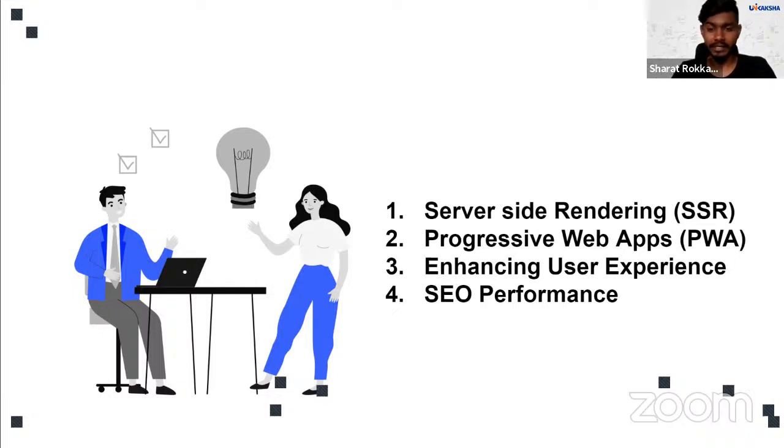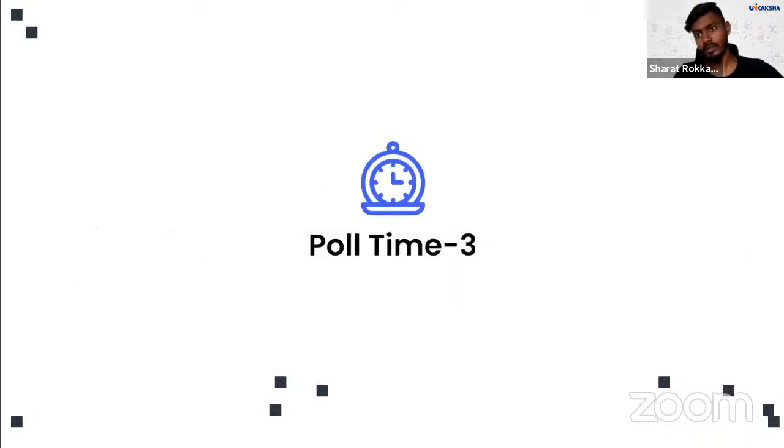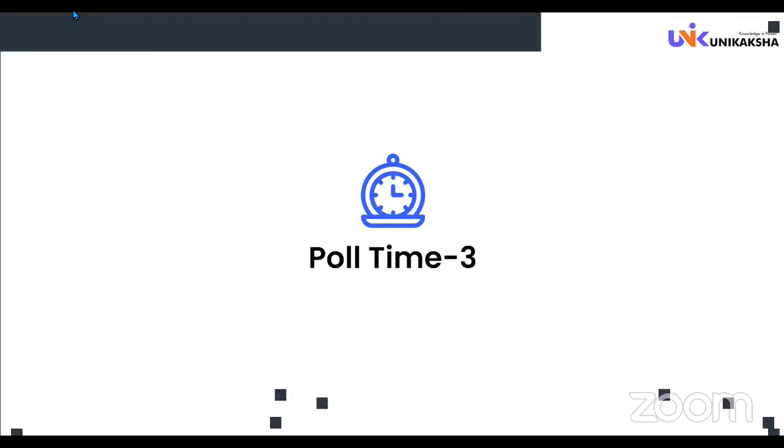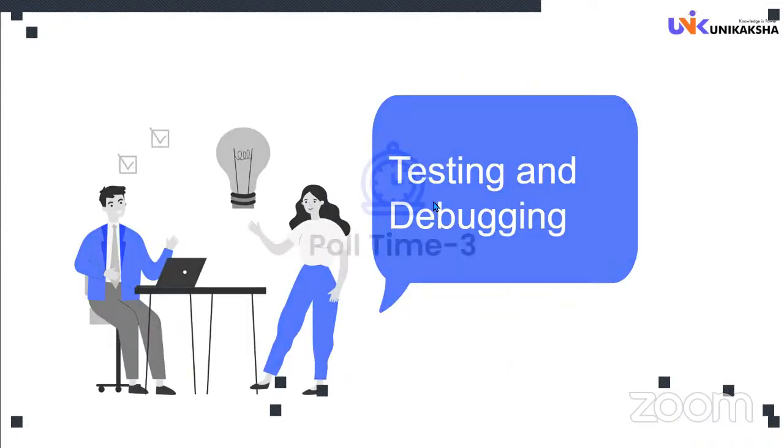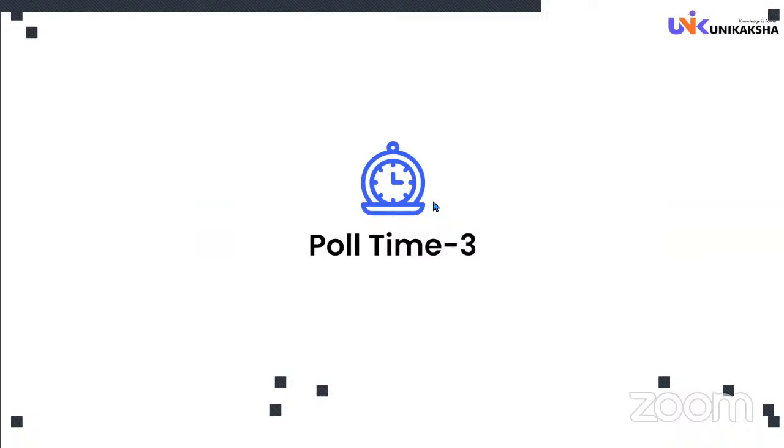Then you have this poll time, the third and final poll for this session. You can go through this. Yeah. So guys, you can again see a question on your screen right now. The question says, which is the most commonly used state management library in React? The poll is going to live for again 15 seconds. Just choose your answer very wisely.